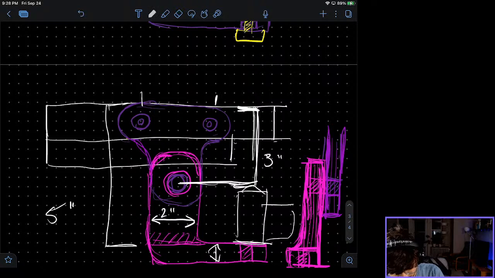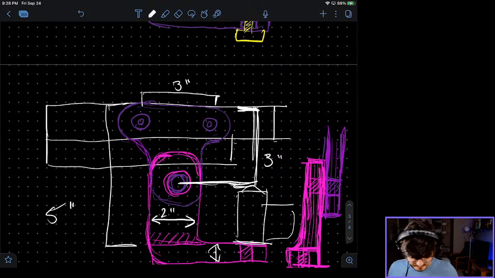Maybe I should probably do a nicer line. There we go. Let's say, what are we thinking? 3 inches? 3 inches between holes? Yeah, that should give me something nice. All right, let's do 3 inches. Okay. All right, let's get started on this then.